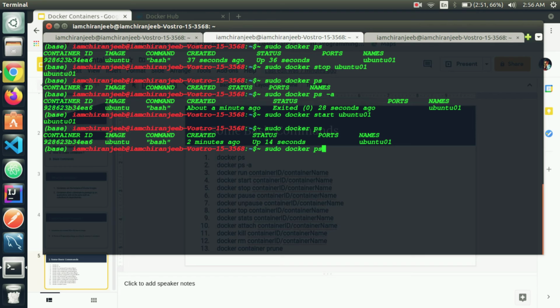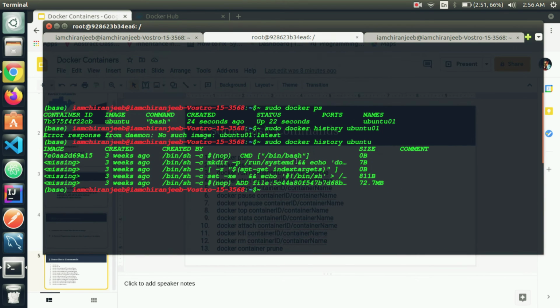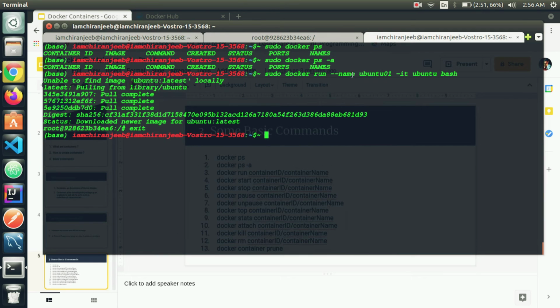To go to the interactive mode, I will first stop the container, then I will start the container again. See, again I am in interactive mode. When you run the image for the first time, you should give the -it flag.